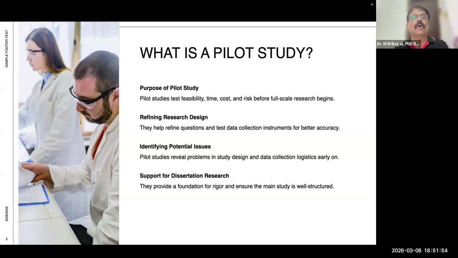Quality, efficiency, effectiveness and outcome are very critical and very important in any study, and your pilot study would be helping that.